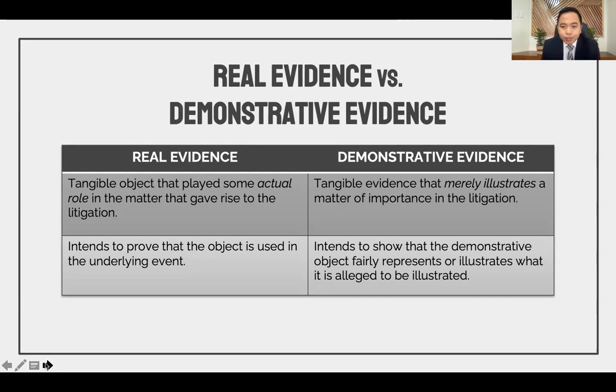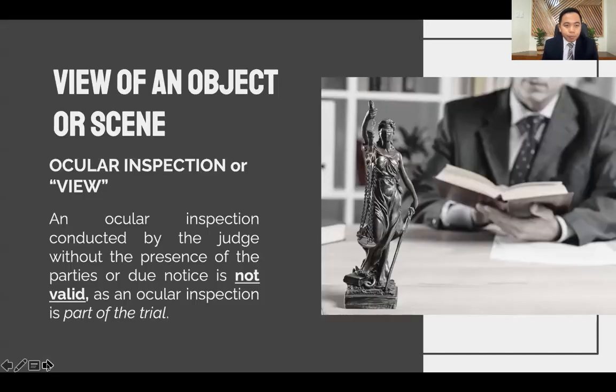Demonstrative evidence intends to show that the demonstrative object fairly represents or illustrates what is alleged to be illustrated. Now, sometimes if the prosecution will present evidence, the evidence could not be brought inside the courtroom simply because, for example, the object evidence consists of the crime scene, the house, which is by nature immovable property,